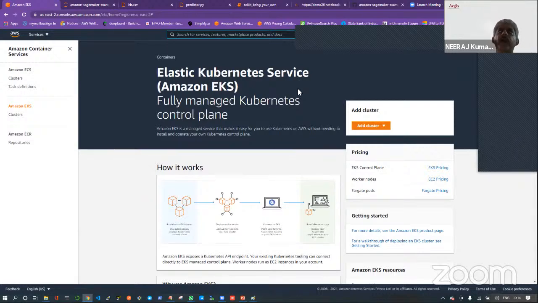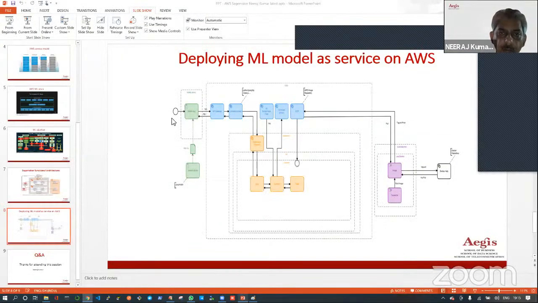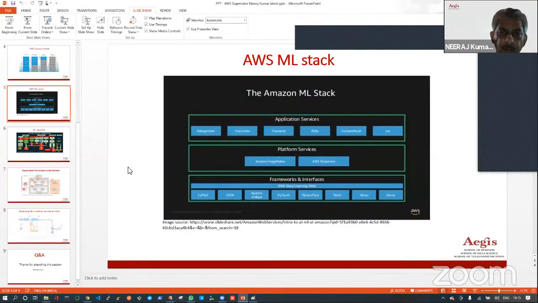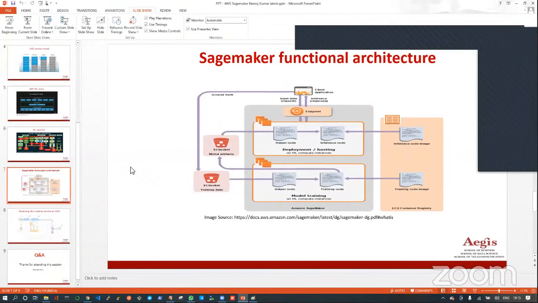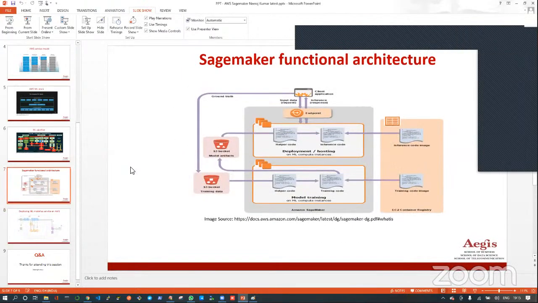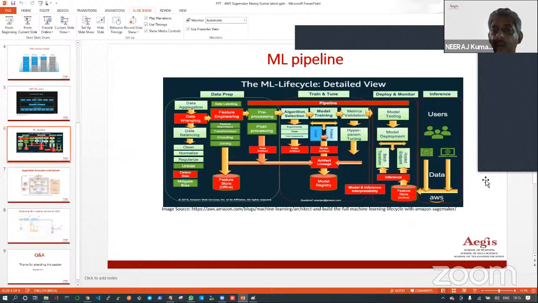So you can think, if you integrate your SageMaker models with Kubernetes, and on top of that you create your MLOps pipeline using tools like Kubeflow or MLflow or AutoML, this complete picture is called the ML pipeline.